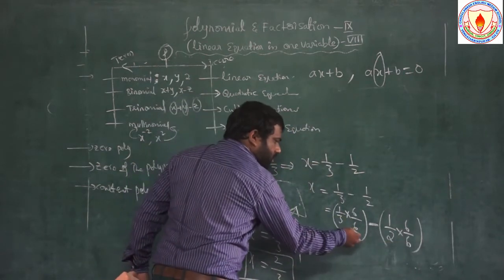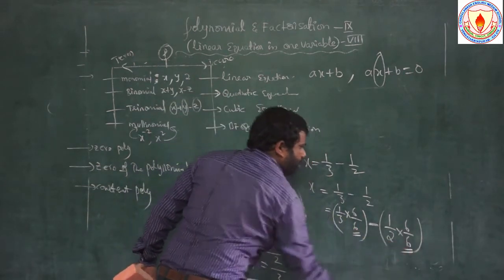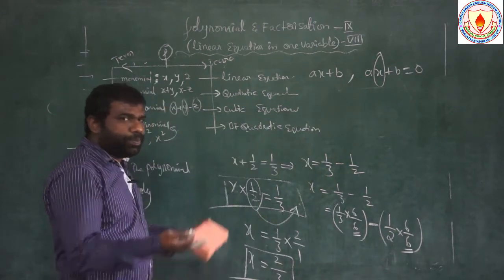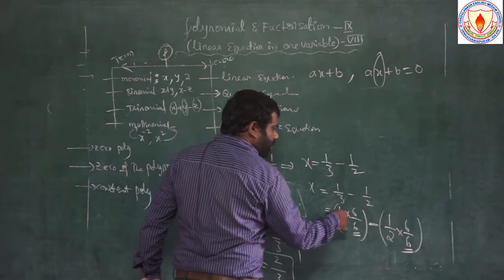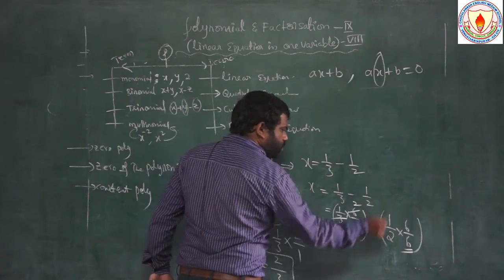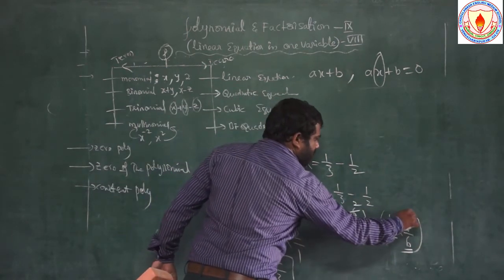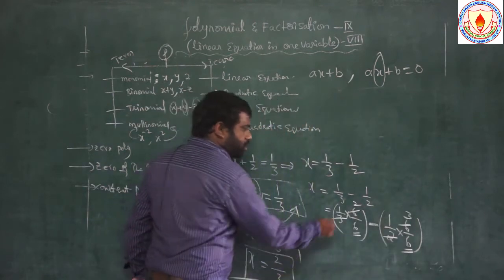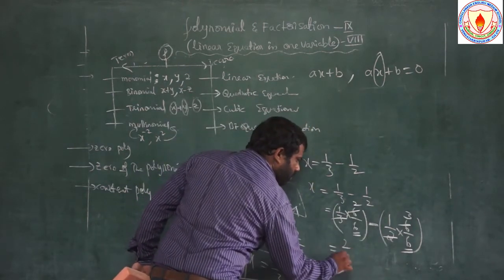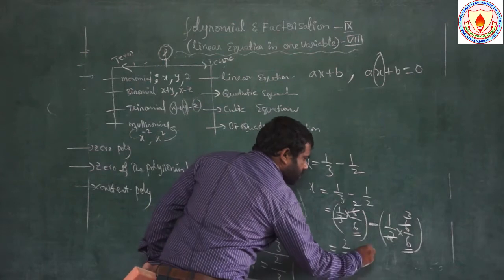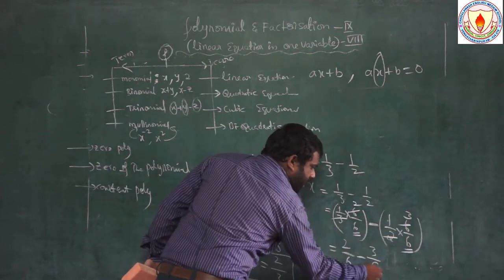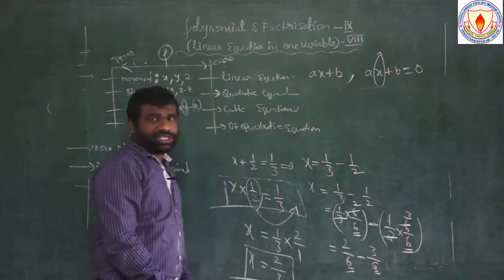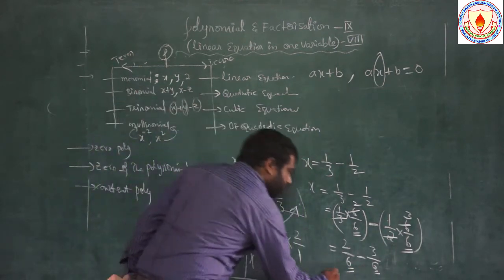And 3, don't cancel 6 down numerators. Why? Because we should be balancing the denominators as same. 3 table cancel in 6 2 times, 2 table 6 in 3 times. So 1 2s are 2 by 6 minus 1 3s are 3 by 6. So denominators are same, 6, so take 1 by 6.